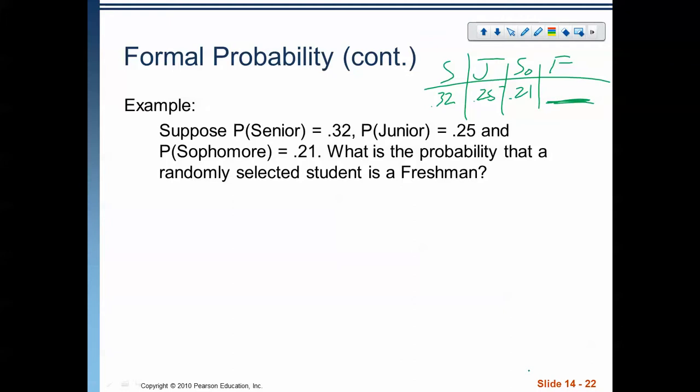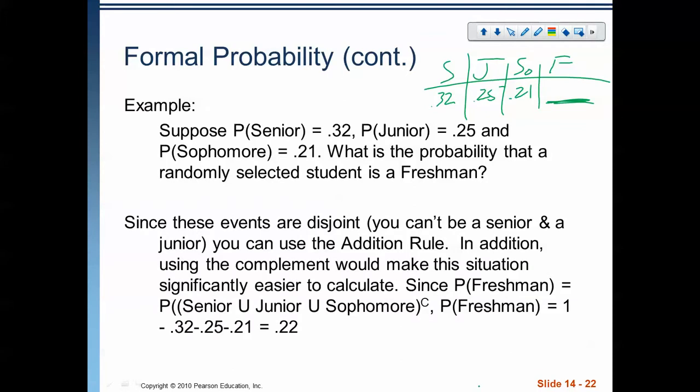Now, we can use a couple of different pieces of information to solve this. First of all, we know that the events are disjoint. Seniors, juniors, sophomores, freshmen can't be those at the same time. So we're going to be using the addition rule to do this. In addition to this, we know that all 4 of these distributions up here